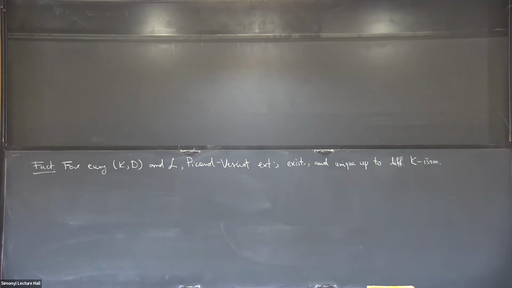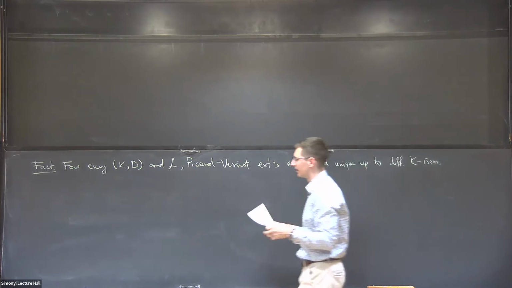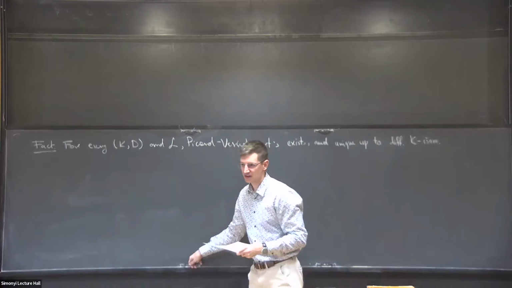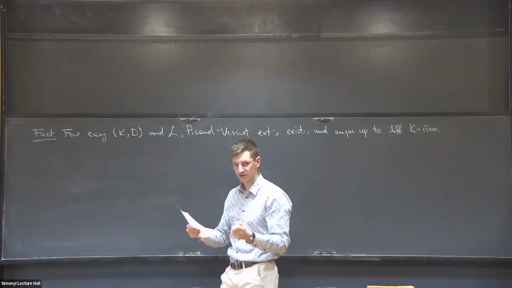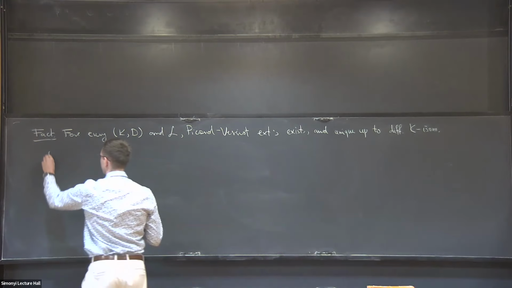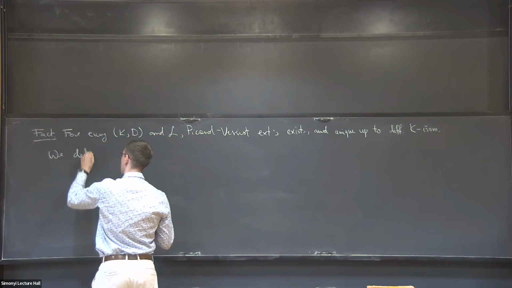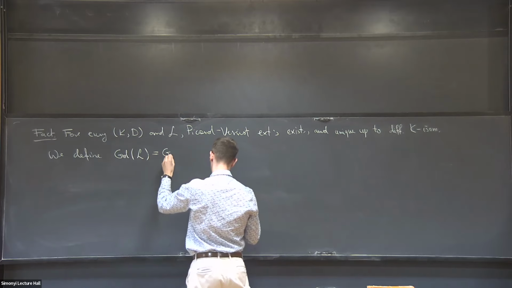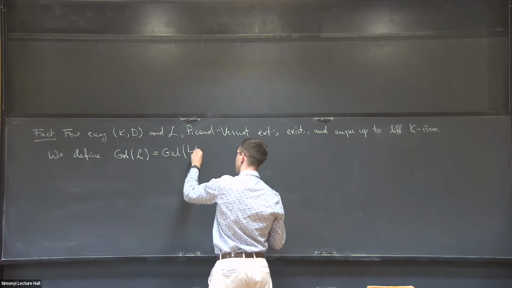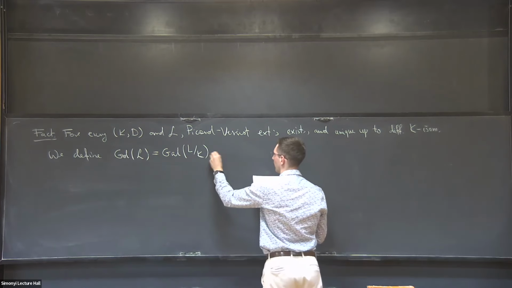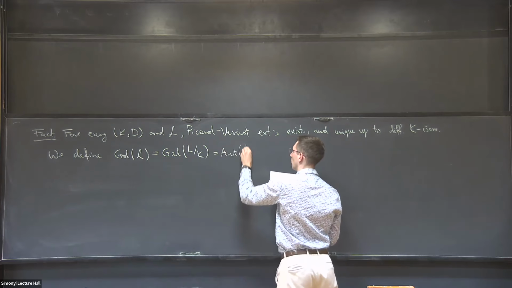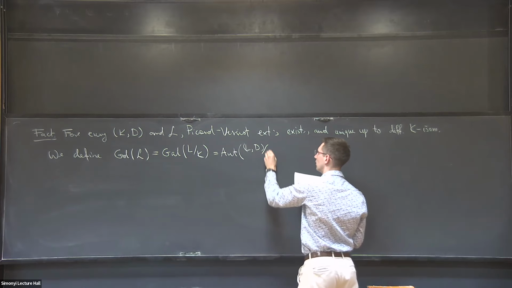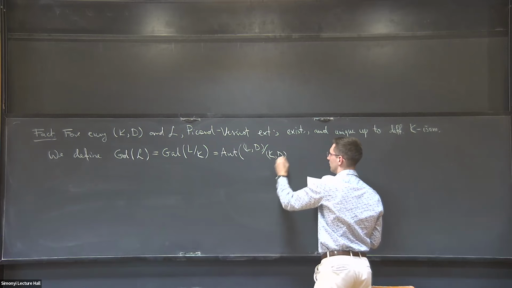Yeah, so if I have any field which has these properties, in fact, it's determined up to isomorphism. It's like the normal extension of a field generated by all solutions of some polynomial equation. And we define the Galois group of such a system of equations, or the Galois group of L over K, to be the automorphism group of L with its derivative over K with its derivative.